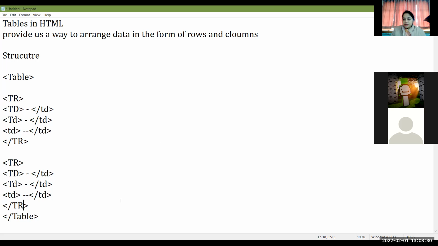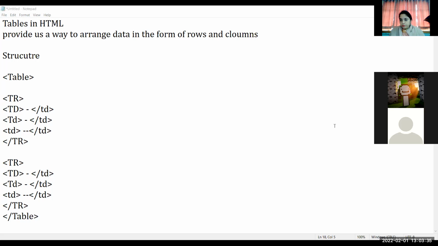The th tag is also used to define the content of a cell, but usually it is used in the first row because it is the table head. The th tag is used to define the content of the cell similarly as td does. The only difference is that